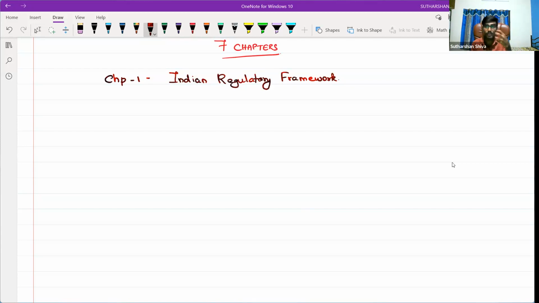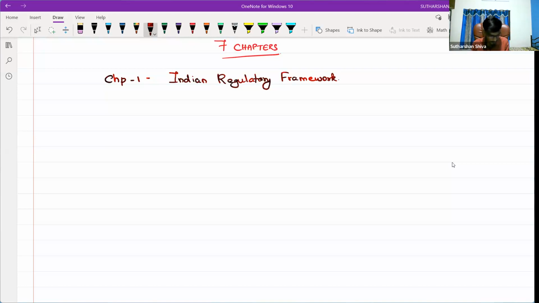And you are going to learn about regulatory bodies like RBI, SEBI, IBBI, and MCA, most important in terms of law, the Ministry of Corporate Affairs. And one more thing, you are going to learn about the structure of the Indian judicial system, how the judicial system must be. This and all, you are going to cover in chapter number 1.